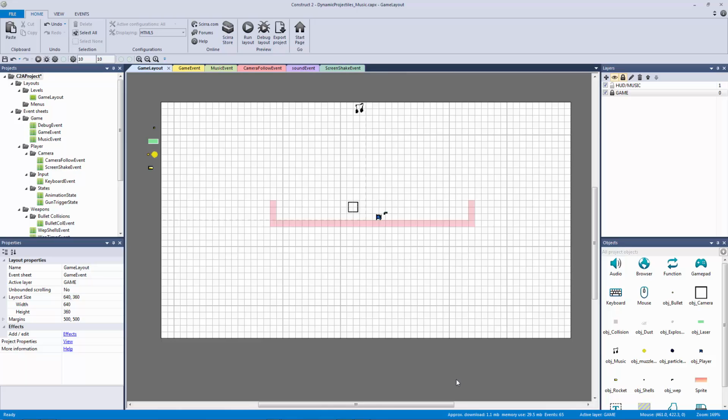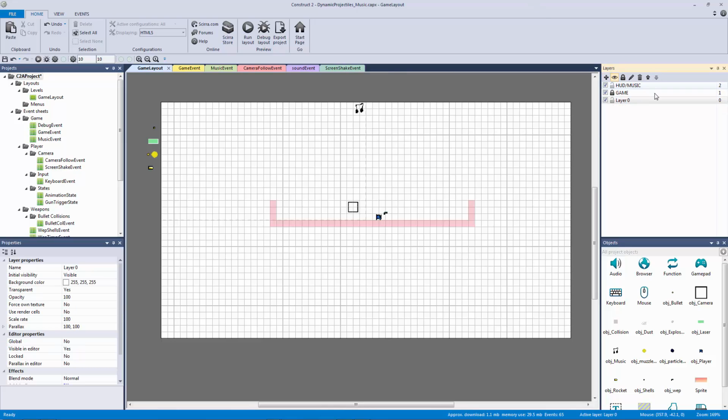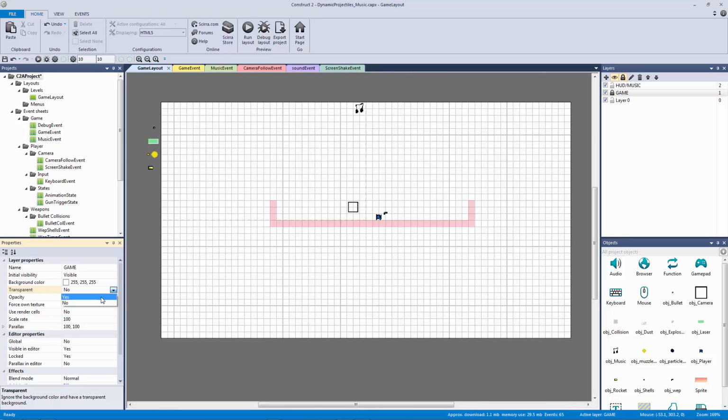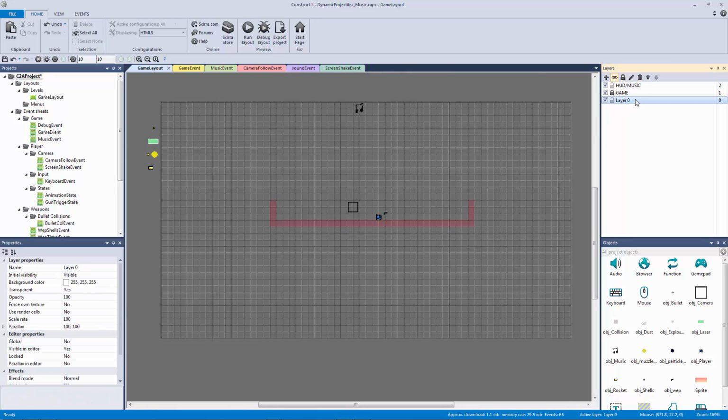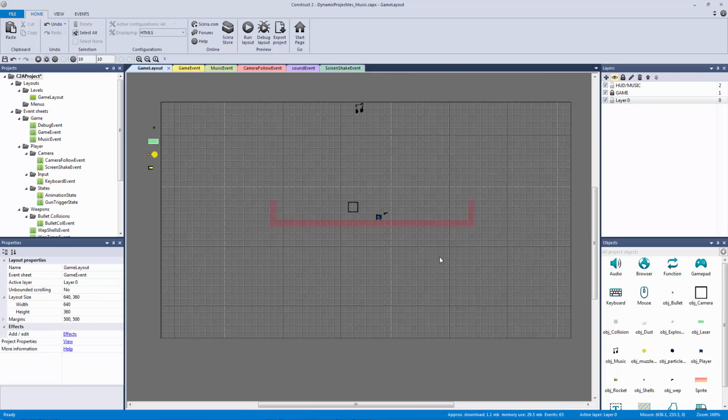So to set this up, we need to make another layer. I'm going to add a new layer, layer 0, and put it all the way to the bottom. That's going to be an issue right from the bat, because game actually doesn't have a transparent layer. It's not transparent at all. Because we're using the background color of game, we just need to set it to transparent so we are no longer using it. Then for layer 0, we also want it to be transparent